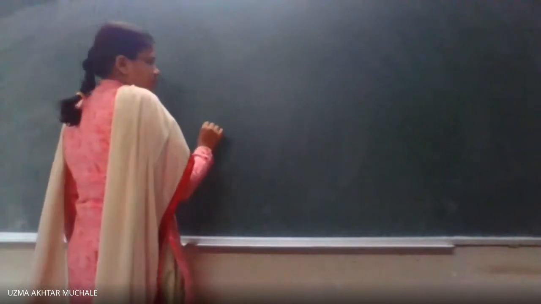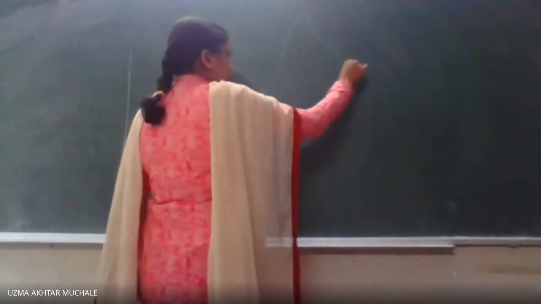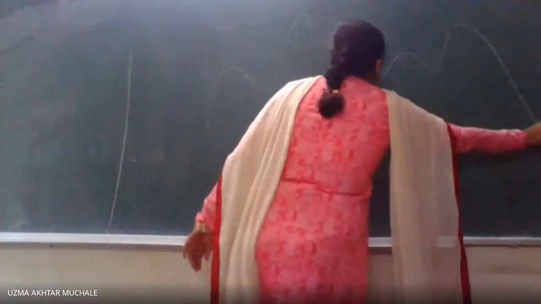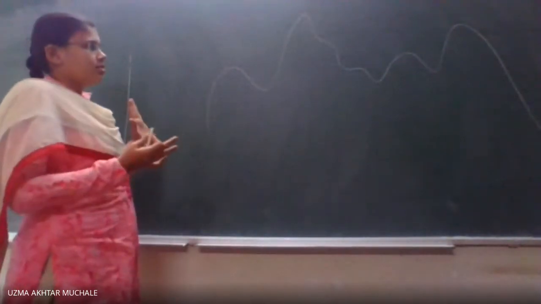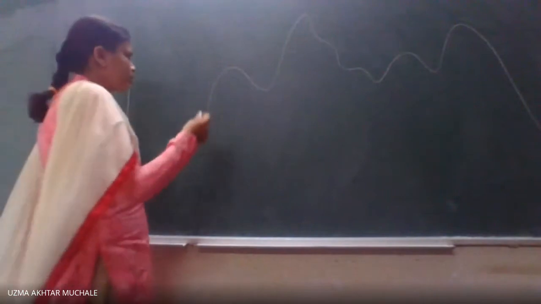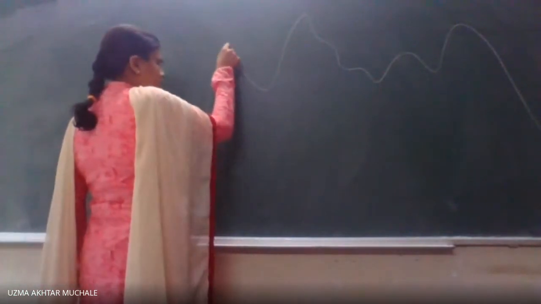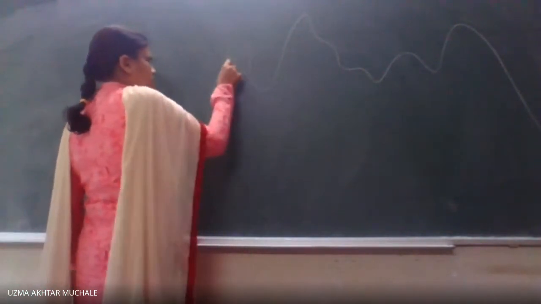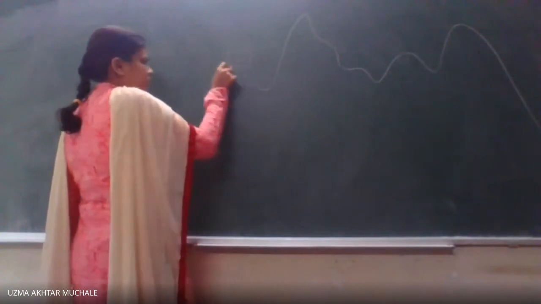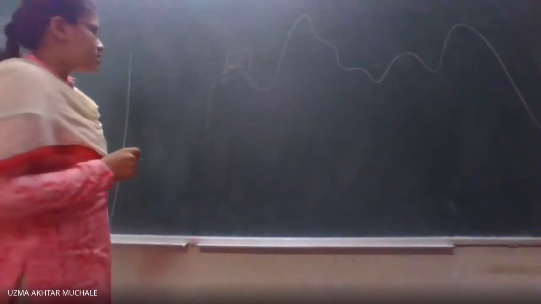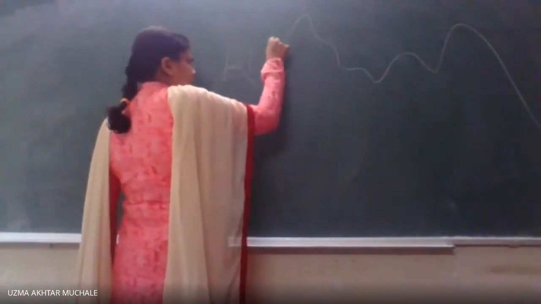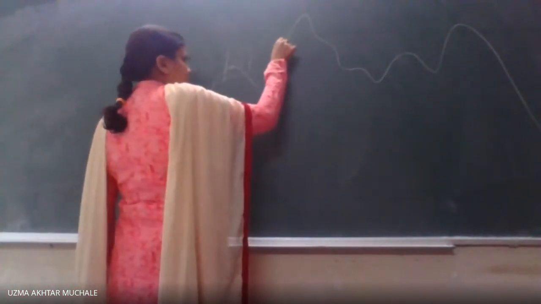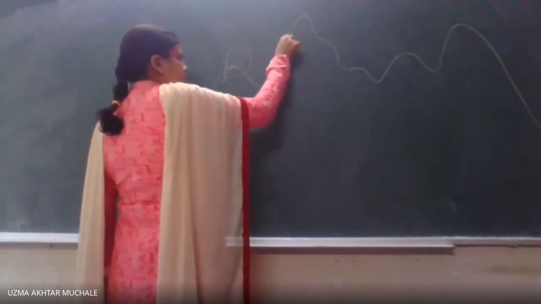Suppose the shape of our surface is somewhat arbitrary. As I told you, if you are in Kashmir, you are having different types of hills. Suppose I want to find out the tangent plane at this point. What will happen? This will be a tangent plane, that is the collection of all the tangent vectors at a point P. And here next, this will be another tangent plane, the collection of all the tangent vectors at a point.